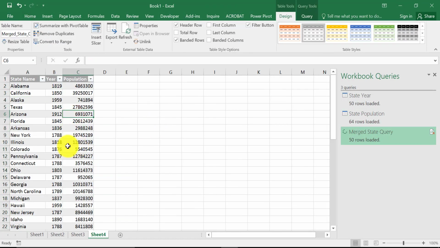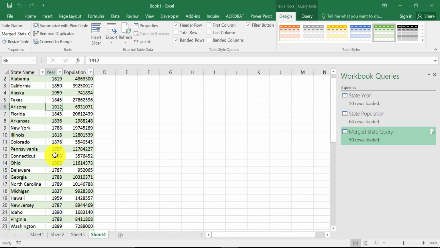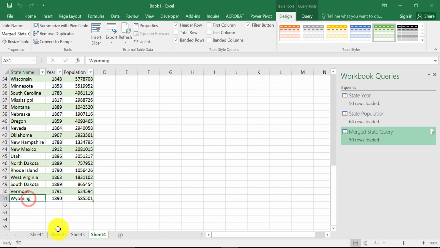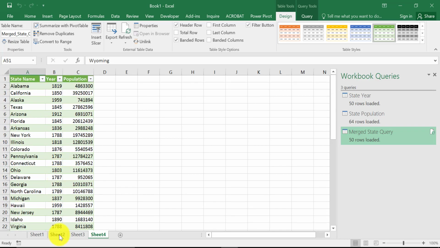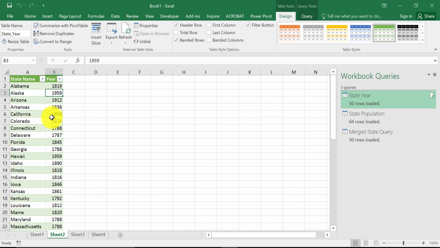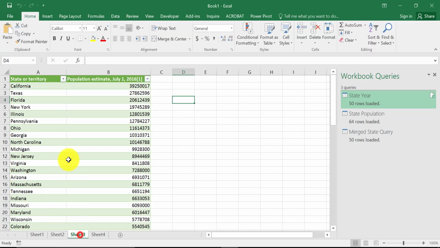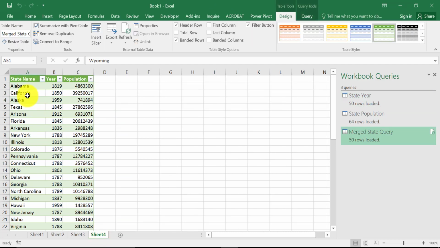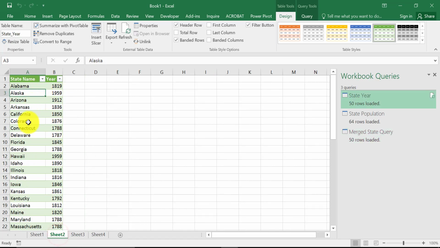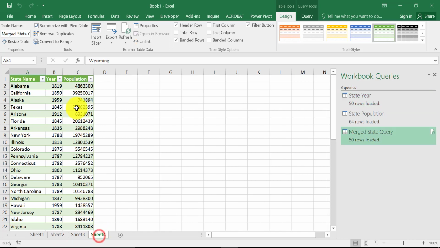All right, and notice now we have actually three tables, separate worksheets, and this one just has the 50 states corresponding to the first item we selected in terms of the merge. So again, here we got the original that we did first, that is the state and the year. Then we got the state and the population, and we can check this: California there, California there. So all those things do match up correctly. So that's an example of merging web queries in this